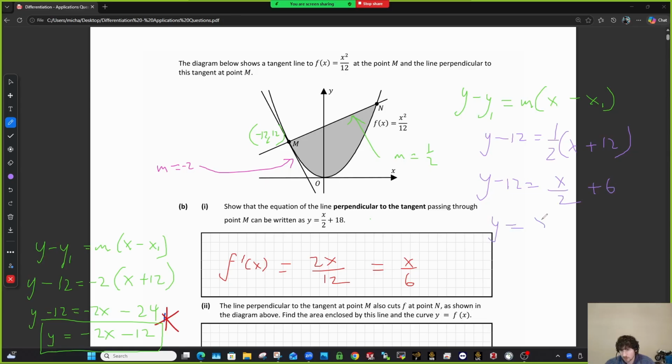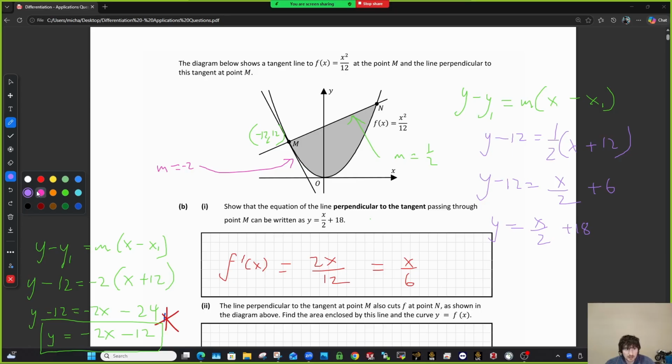And then it's y equals x over 2, and then it's a plus 18. And that's what they've got there. And yeah, so that's going through 18 there. Okay, because that's the c. We're across the y-axis. Okay, so we're basically asked now to get the area here between the line and the